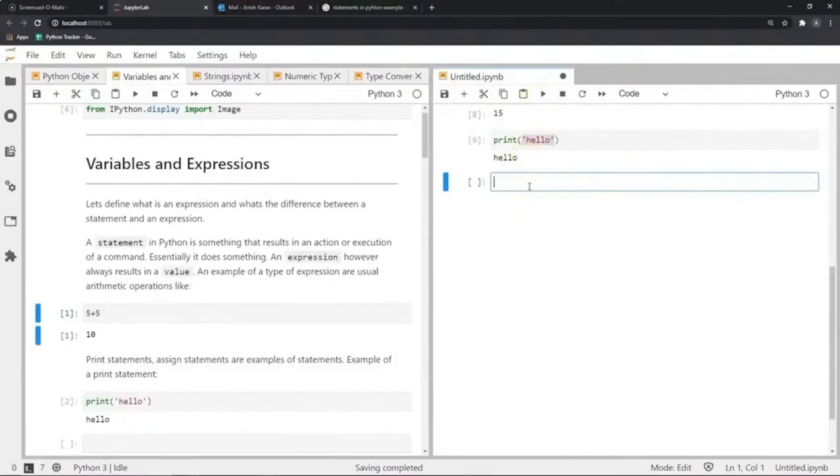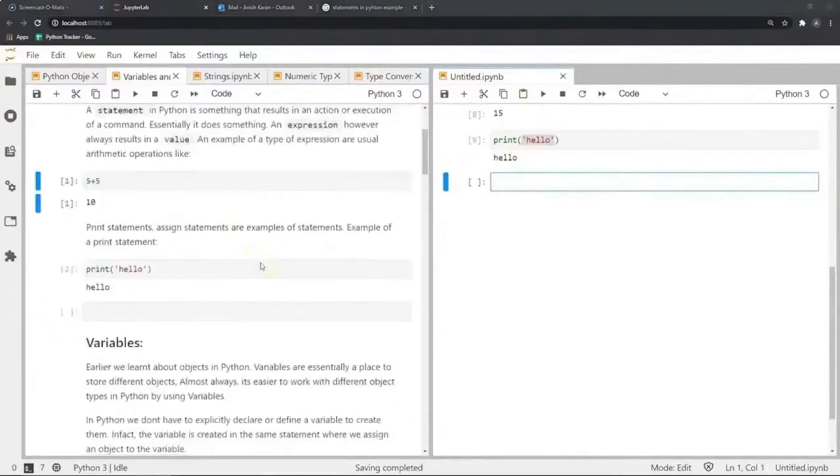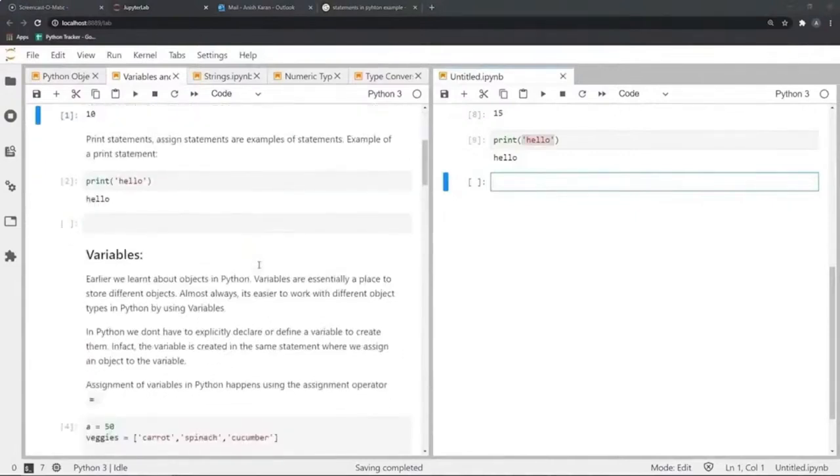Similarly, there is another type of statement known as assignment statements, which we will learn right in the next section. Let's move on to variables right now. Earlier, you might have learned about objects in Python. Objects are essentially data that we can work with or manipulate in Python.